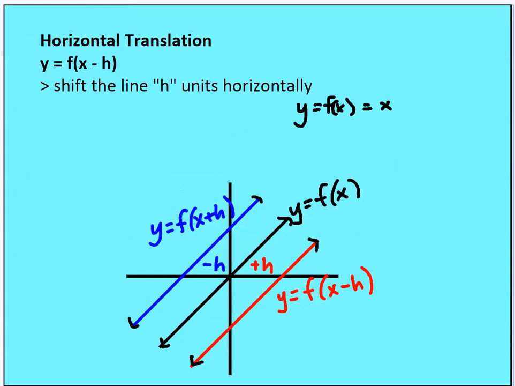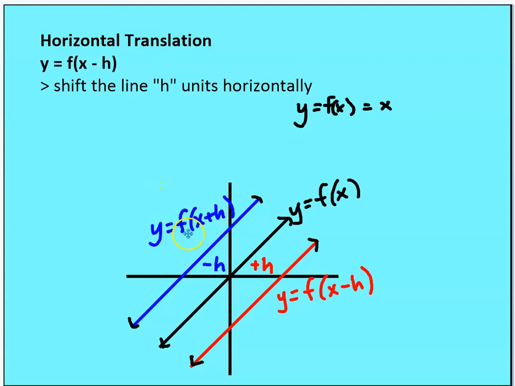All right, so now let's talk about horizontal translations. Now, when we shift horizontally, that value is going to be included inside of the function itself. And when it's minus h, the value is going to be plus h, so we're shifting to the right. And when it's plus h, the value is going to be a minus h, so we're shifting to the